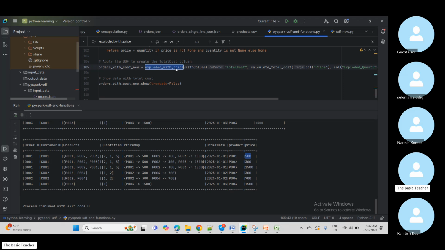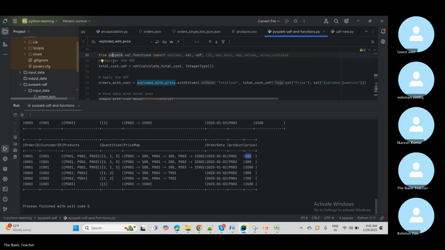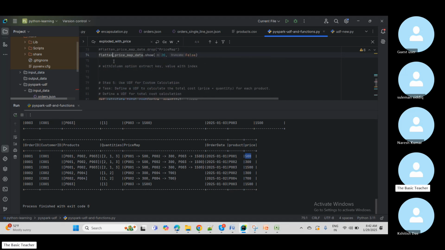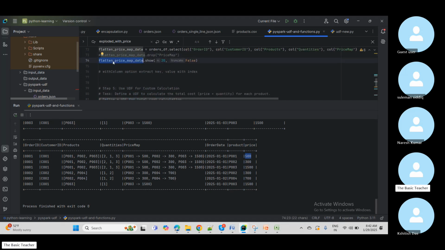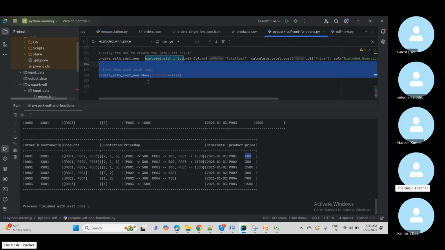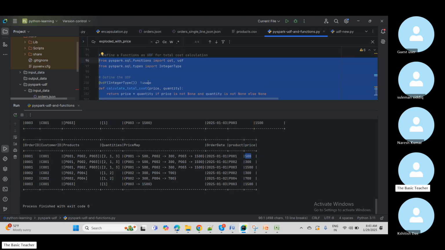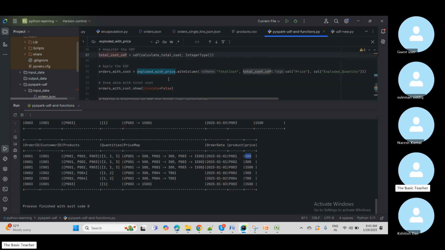So let's take, what is the data frame name? Just before this was the data frame. Okay, our data frame name is this one, final price map data. Let me take this one only. I need to comment out the down option. That is a different thing I wanted to show you. Later I will uncomment this. Here I will just change this one. And what is the column name? Column names we have, product and price, already available. So I will take